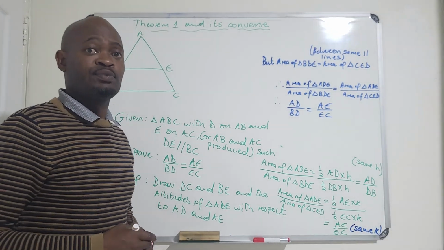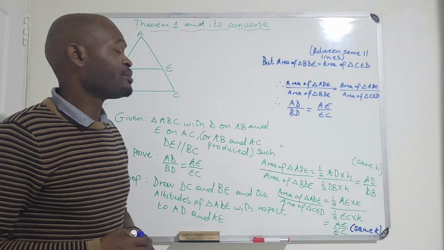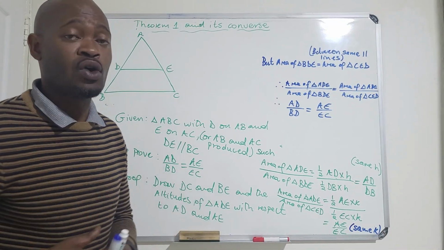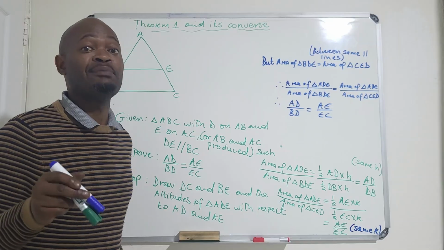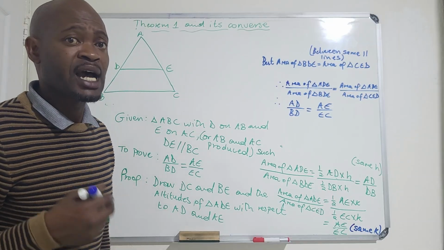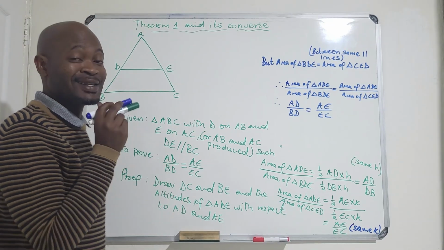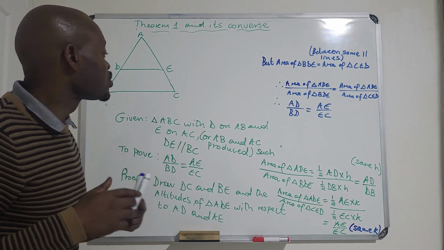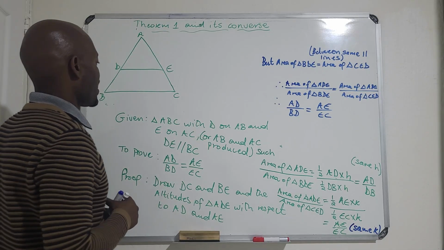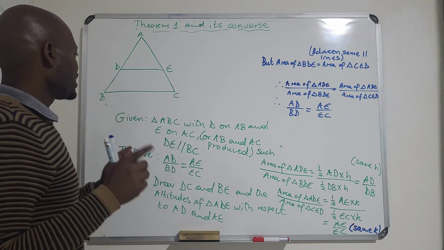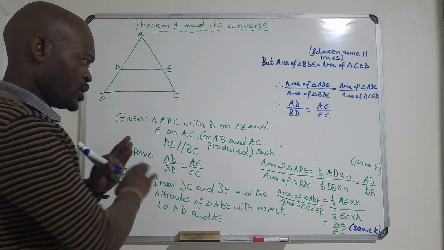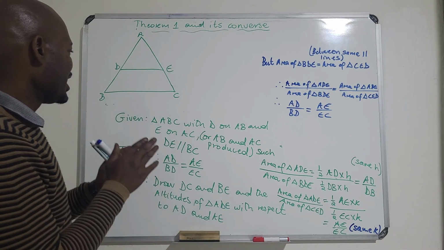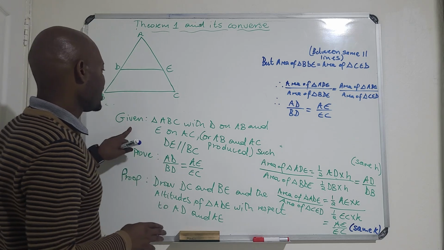Now, let's prove the converse of theorem number 1. The proof of the converse of theorem number 1 is not examinable. We are not going to be asked to prove the converse, but we are going to prove it here. With the converse, we still do the same thing, but the difference is that we are given